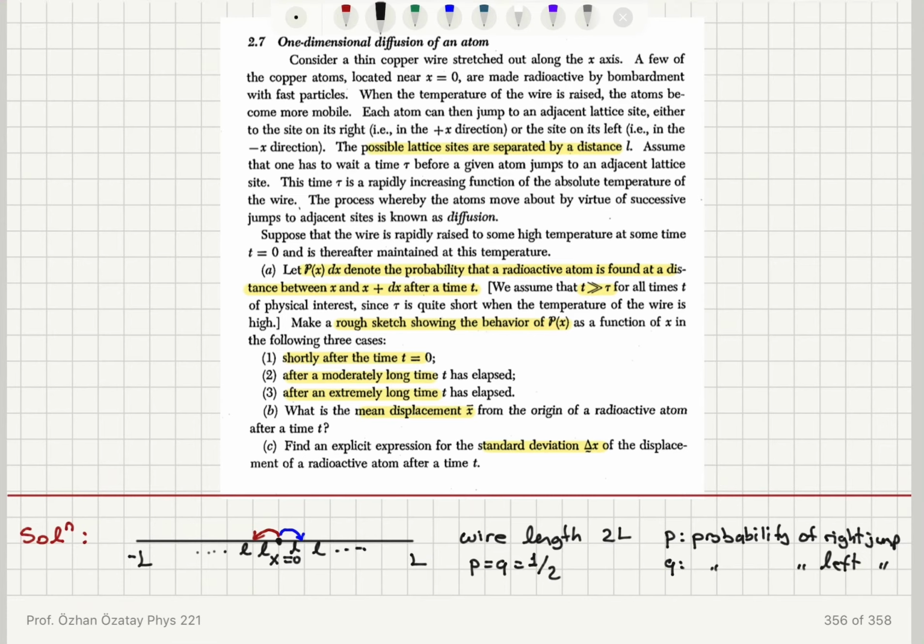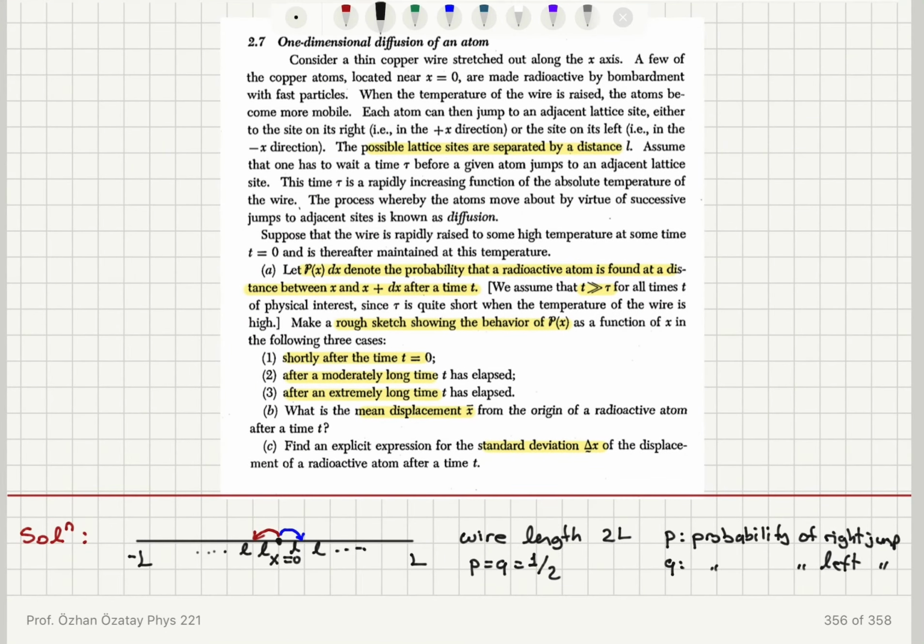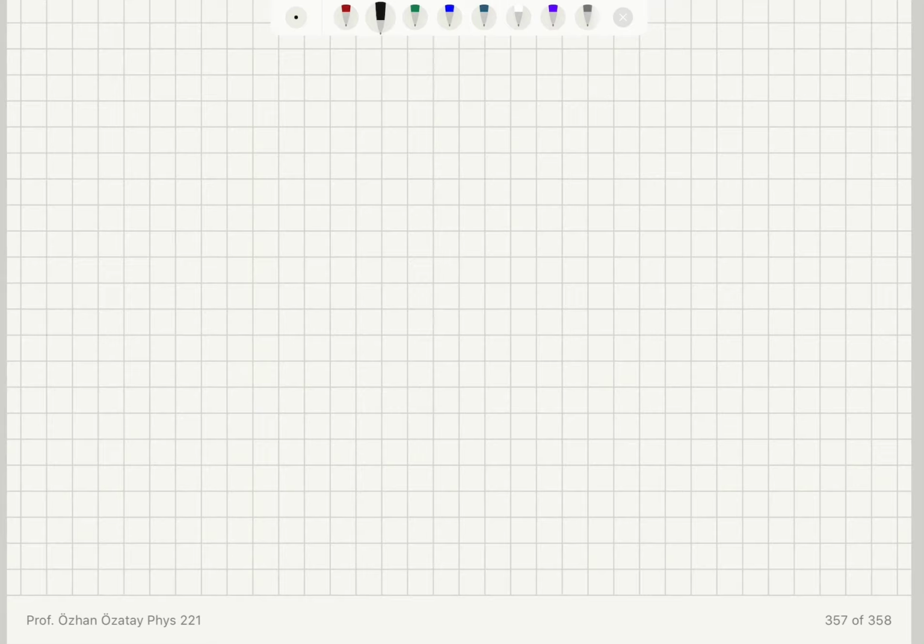Okay, and what I should note here is that first of all, I would like to start out solving this problem from part B and C, and then I will move back to part A because it will be easier to see the functional relationship to make a rough sketch. So for part B, first I would like to know that